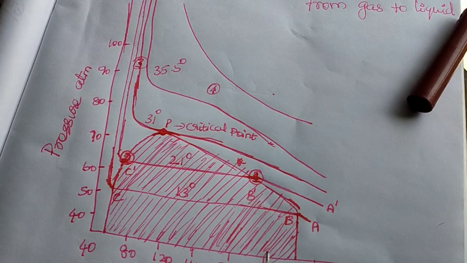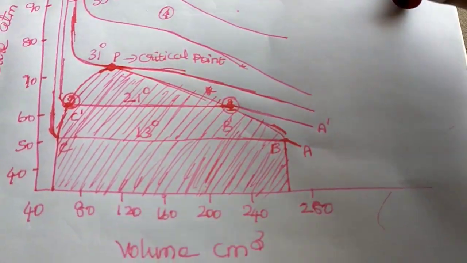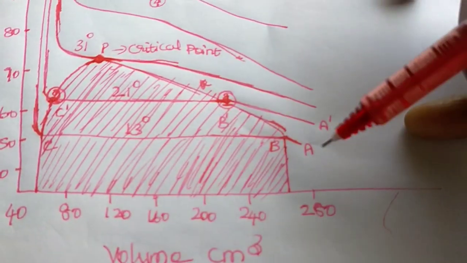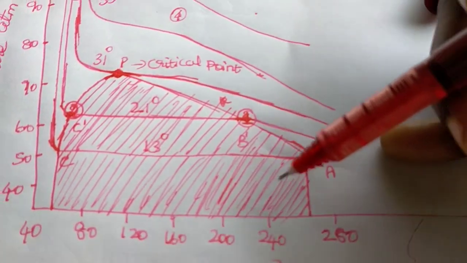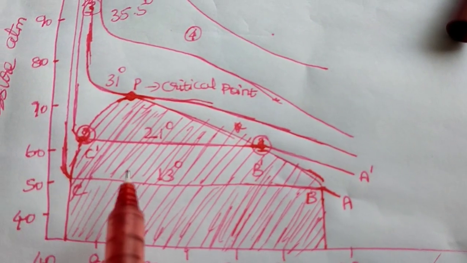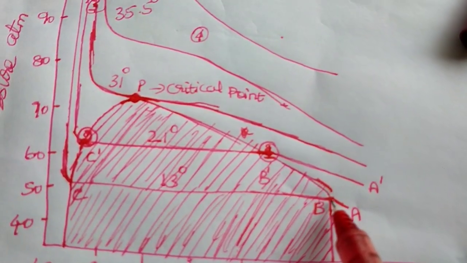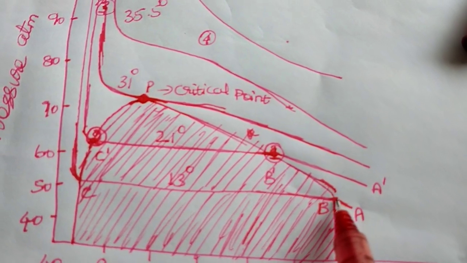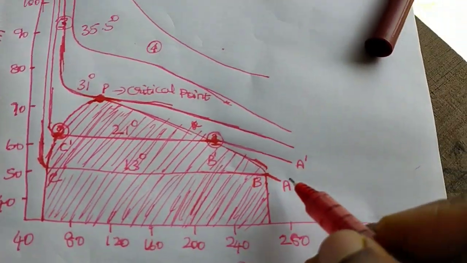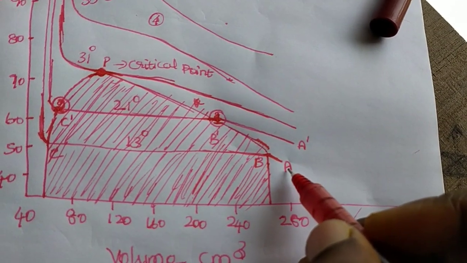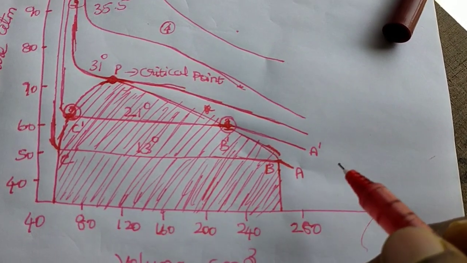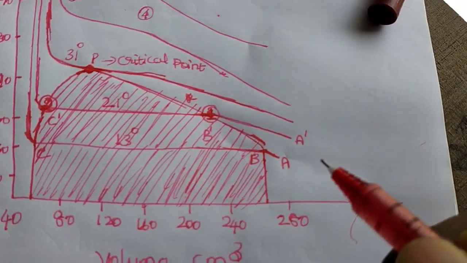Okay, then take the lowest temperature, that is 13 degrees. Under the temperature of 13 degrees, carbon dioxide undergoes a constant pressure in the range of 50 to 52 and 53. Here the pressure is constant along this period B to C. You can see from point A, which is the starting point of the liquefaction process of carbon dioxide. Now this carbon dioxide undergoes the liquefaction process.